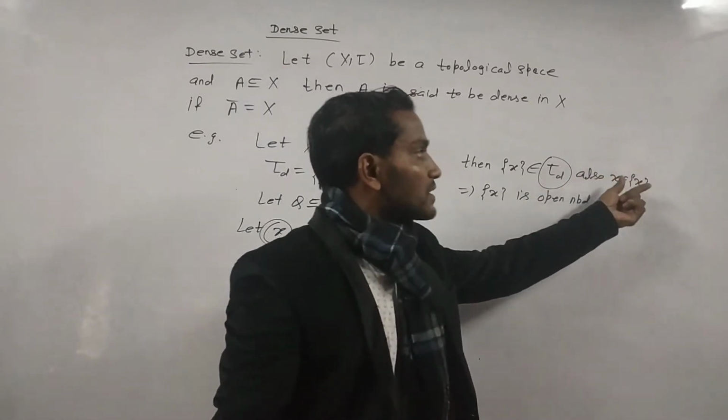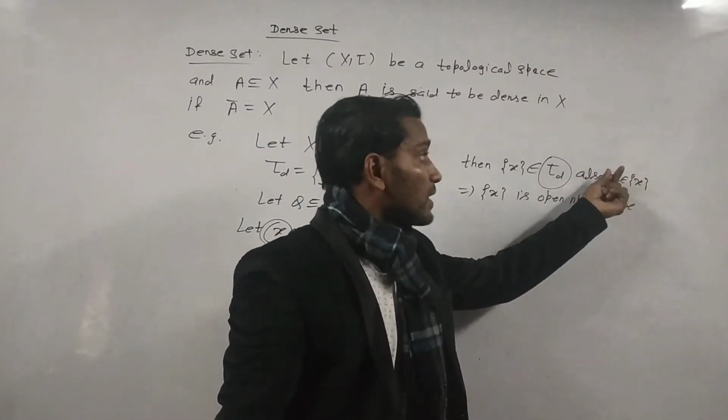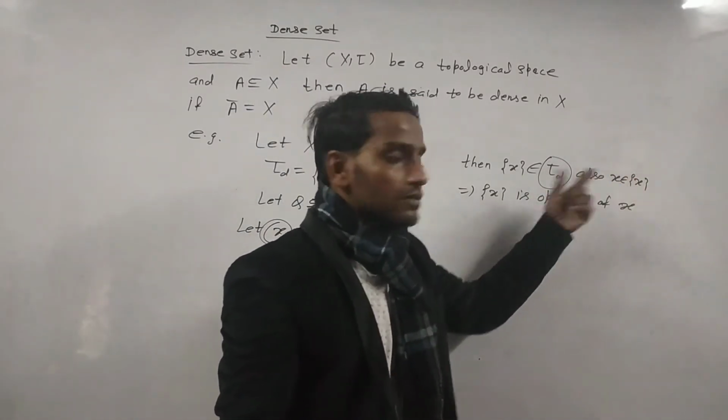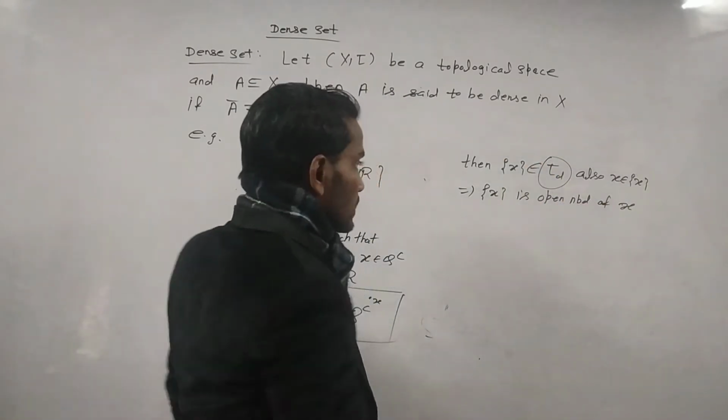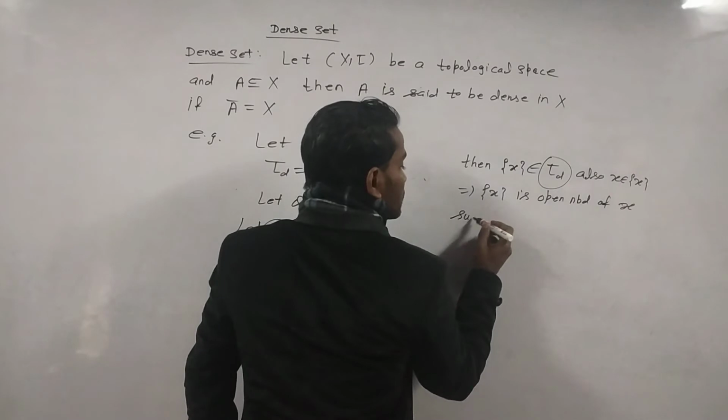Then singleton X is an open set, and also X belongs to singleton X. This means singleton X is an open neighborhood of X such that